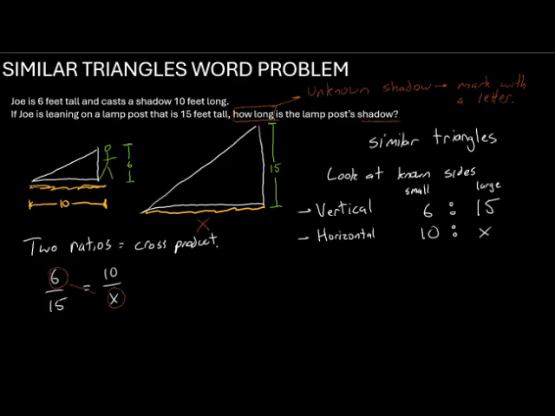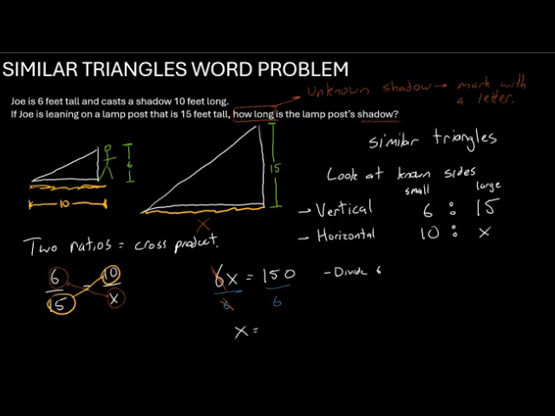We'll multiply the 6 times the x, and this will give us 6x. For the right, we'll multiply the 15 times the 10. This will give us 150. Then we divide both sides by 6. When I divide by 6 on the left, the 6 on top and the 6 on bottom will cancel out. This leaves me with just x on the left, and then 150 divided by 6 will come out as a